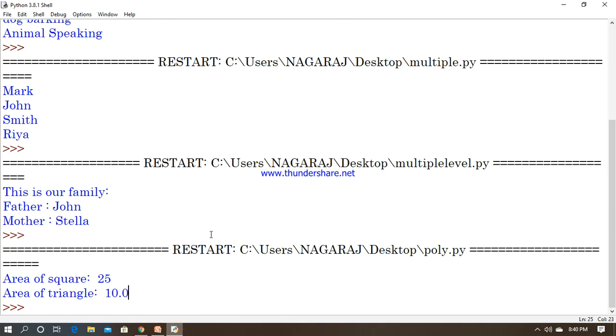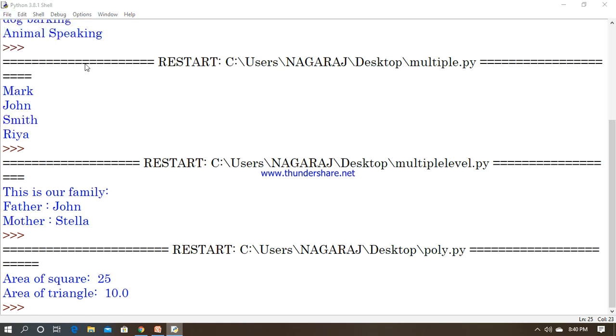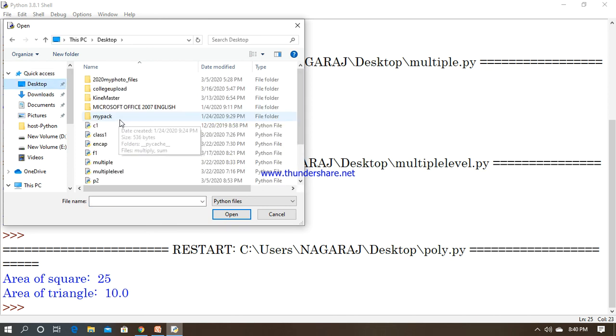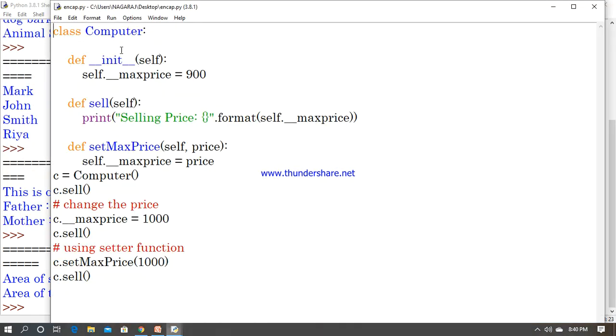As a beginner, don't get confused. I am giving a simple program because somebody is saying private, public and so many things. I just give a simple program and execute it, and you can clearly understand. In encap.py, it's printing the computer prices. So assume that I'm going to